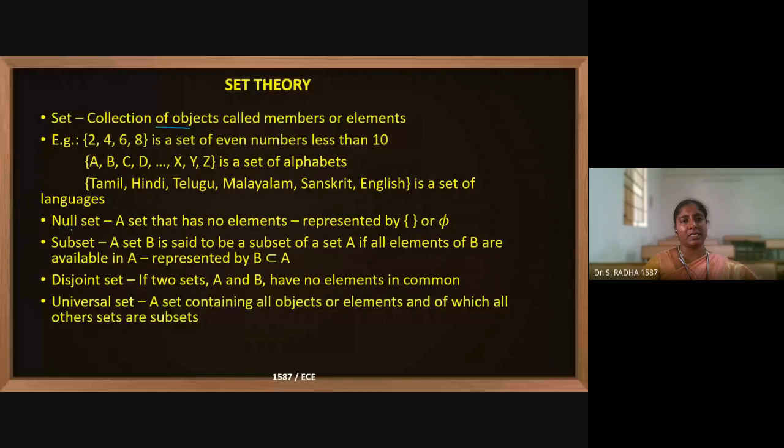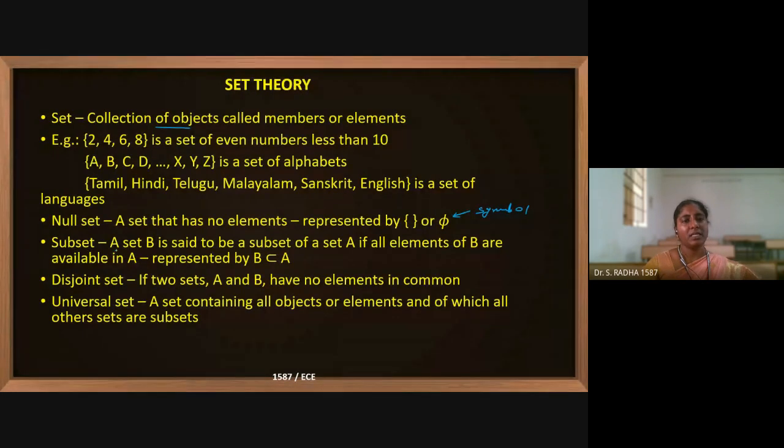Now coming to the null set: it will not have any events or objects. All these individual components are called elements or objects. If in any set there is no object, it is a null set, with no components inside. An empty flower bracket is there. It can also be represented by this symbol, the null set symbol.